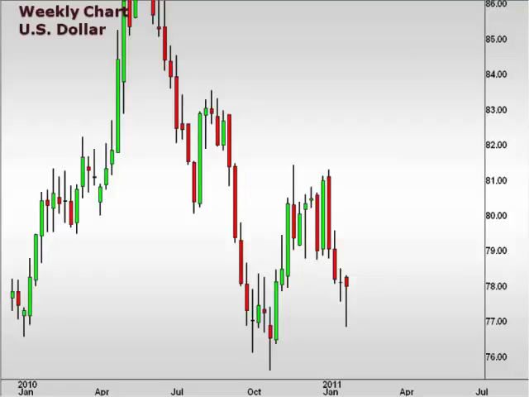Now let's take a look at a weekly chart of the US dollar index. This is a great way to gain perspective as to how the US dollar has been trading against a basket of currencies. And the dollar index continues to hold the 78 level on our weekly chart. Now with a drop as low as 77, the index did retrace to close the week just inside that 78-79